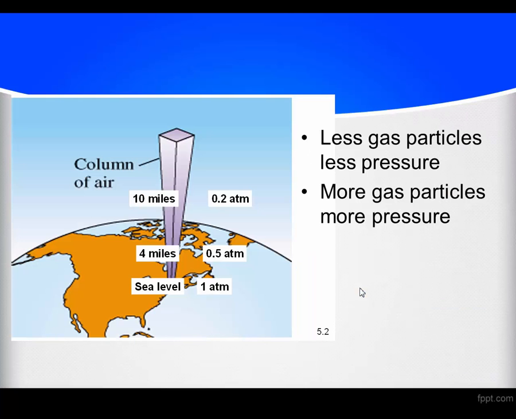Okay. So I think you guys are getting that idea that less gas particles equals less pressure. More gas particles equals more pressure. You don't have to write this information down, but if you were the kind of person that was asking, hey, how much air is up there? At sea level, you got 1 atmosphere. 4 miles up, you're about half an atmosphere. And 10 miles up, you're about 2/10 of an atmosphere